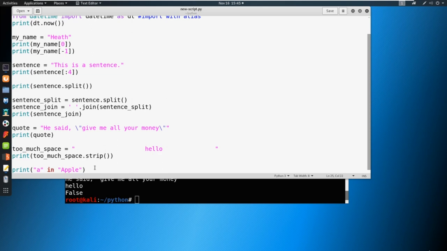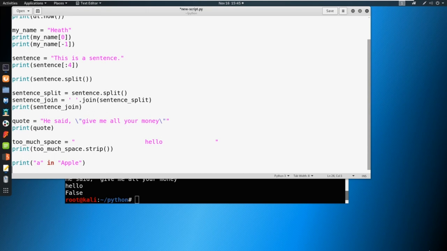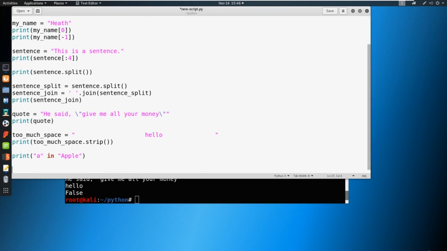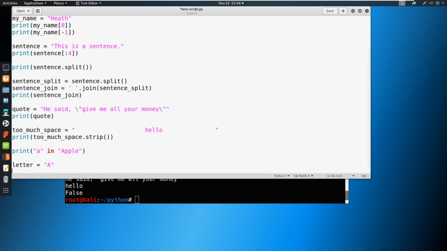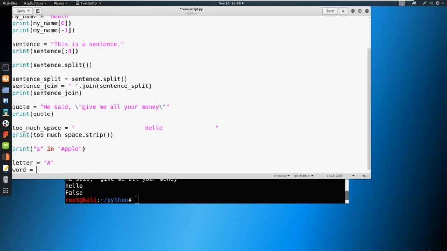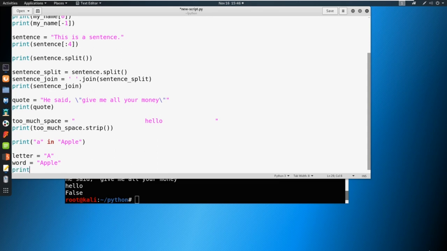Well, what about we wanted to say, hey, is there an A in the word apple? And we don't know if it's capitalized, not capitalized. Well, we might say something instead like, hey, we're looking for a letter of A, and we're looking for the word of apple, right? But what about we say print letter.lower, and then we say in word.lower, like this. Now this becomes improved, because we're looking for a specific letter inside of a specific word,